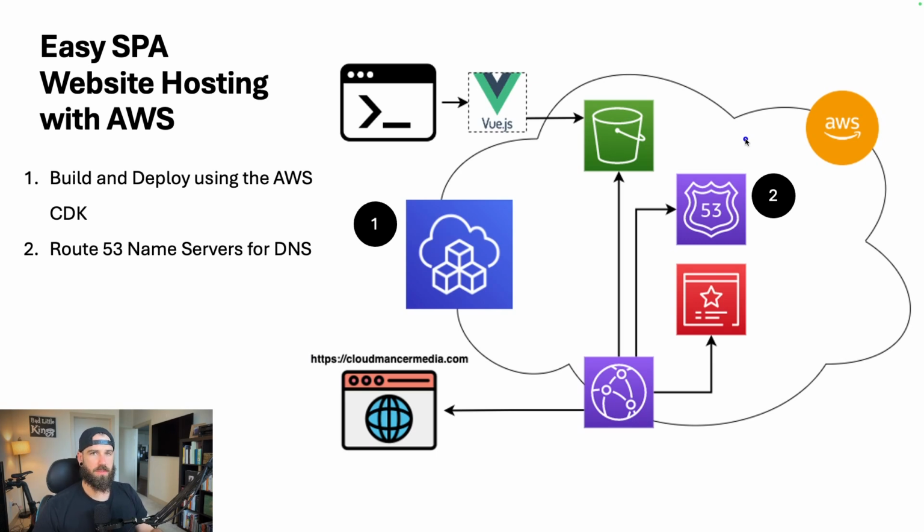Those 4 name servers will go into GoDaddy, and we will change our name servers for our domain to match the name servers given to us in the hosted zone. Once that happens, it will allow our SSL certificate to properly validate and be issued, and will allow us to access our website on the internet using HTTPS. Once the certificate is done, the CloudFront distribution will then deploy. Now, once this finishes, nothing is going to happen because we have nothing in our S3 bucket, and our S3 bucket is going to be our origin for our CloudFront distribution.